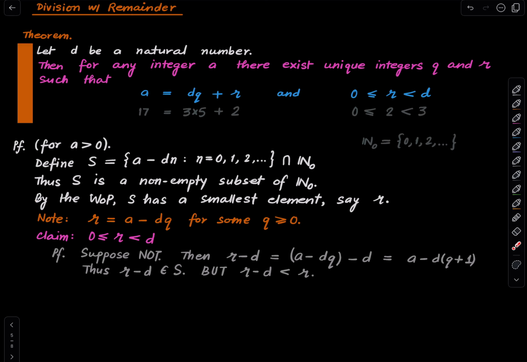So we have proven the existence of Q and R. This claim, along with this statement, shows that there do exist Q and R with this property. Existence is settled. What about uniqueness? So for uniqueness,